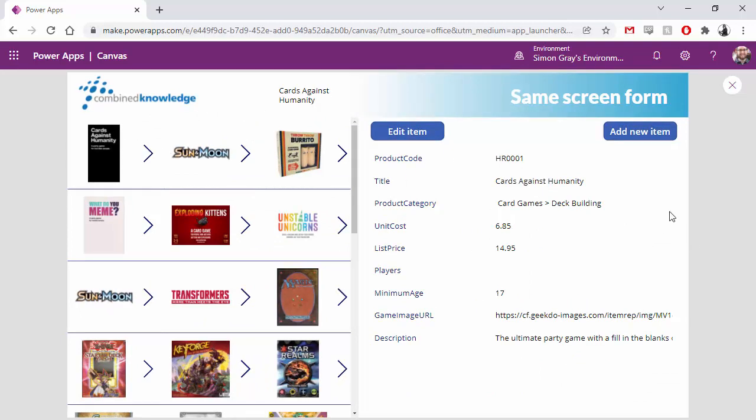So when you're using gallery.selected in your item for your form, it will clear that down, select the first value, but because of those delayed actions in your PowerFX formulas, you temporarily see an unexpected behavior. To fix that,